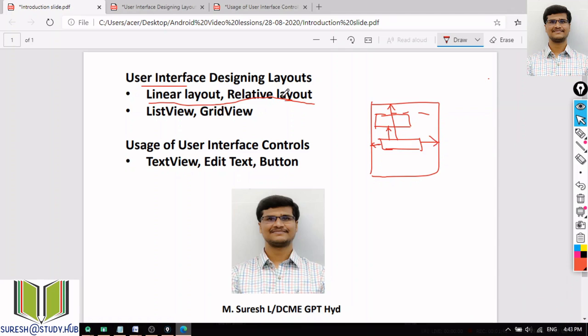Most commonly we will use the relative layout so that I can place the elements in any fashion.